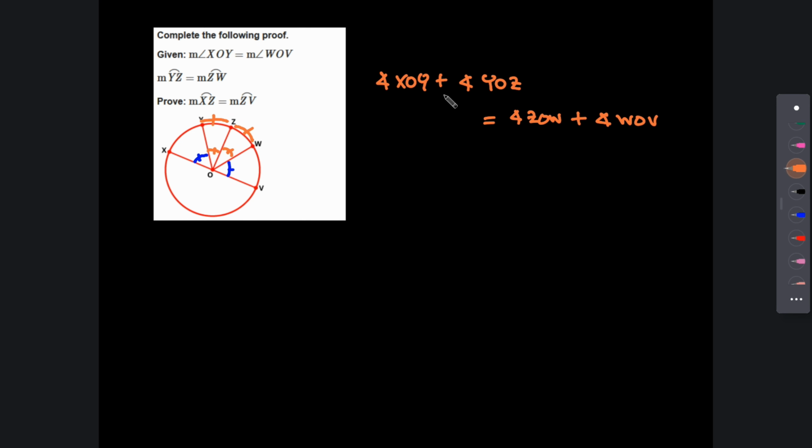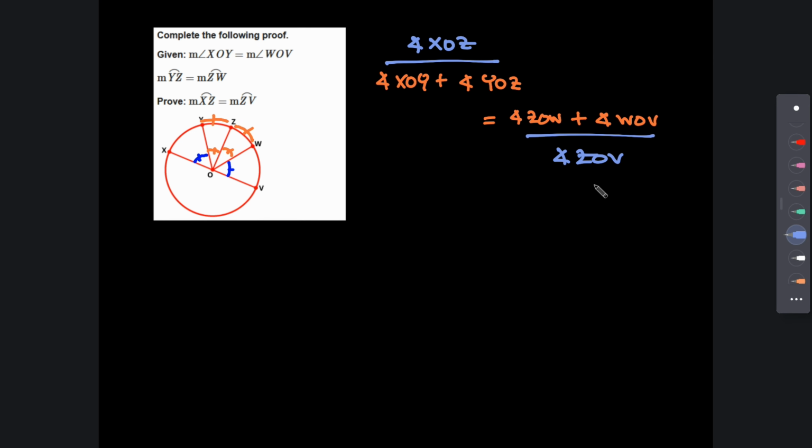And by the angle addition postulate, this right here is basically angle XOC, and this is angle COB, right? And if we know that we are adding equal things, and we are now establishing that XOC